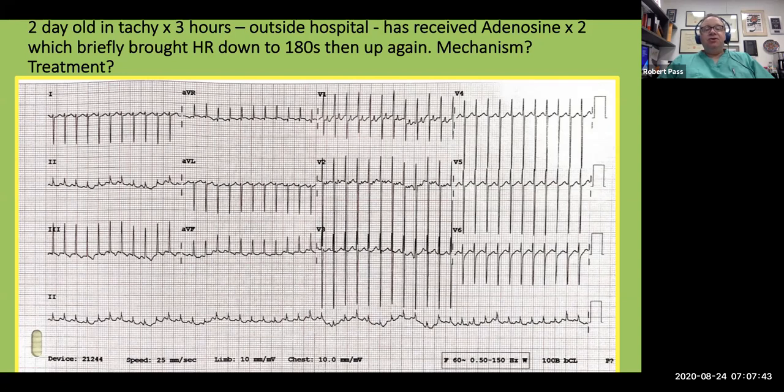In babies, usually the atrial rate in flutter can be 500 or even faster. And so normally there's 3-to-1 or at least 2-to-1. And so actually atrial flutter rates in newborns are usually roughly around 200 beats per minute. Okay. So actually the ventricular rate in atrial flutter in a newborn or a 2-day-old would be substantially lower than